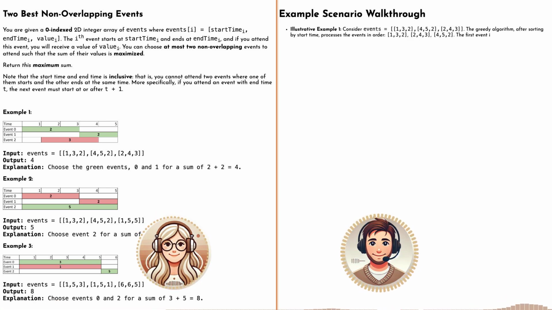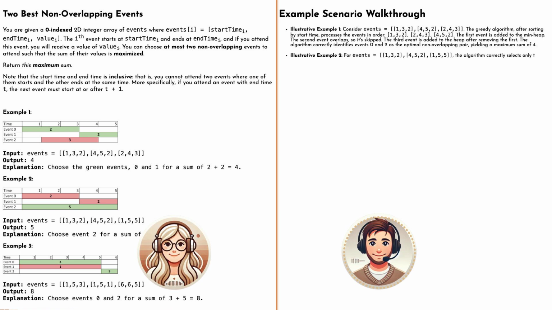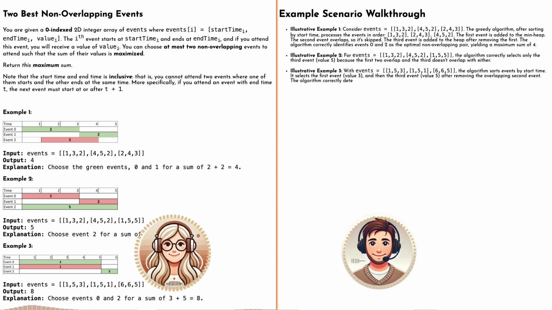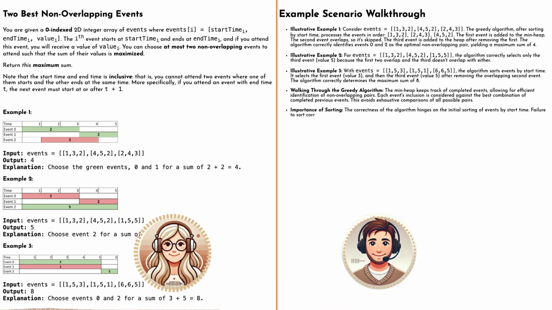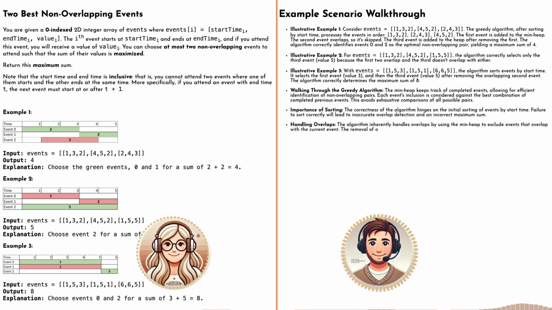Sure. Let's say we have just 3 events, a conference, a hackathon, and a gaming tournament. Sounds good. Give me the details. All right, so the conference runs from time 1 to 3 and has a value of 5. The hackathon goes from 4 to 6 with a value of 3. And the gaming tournament is from time 2 to 4 with a value of 4. So if we did the brute force approach, how would that work?